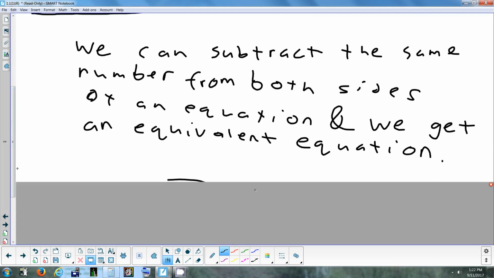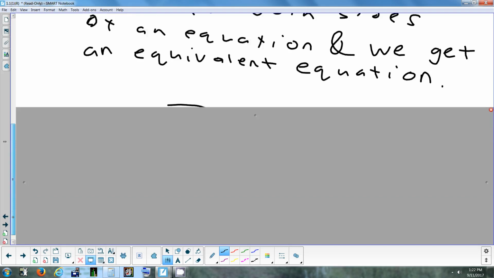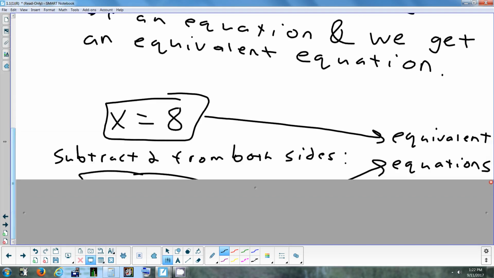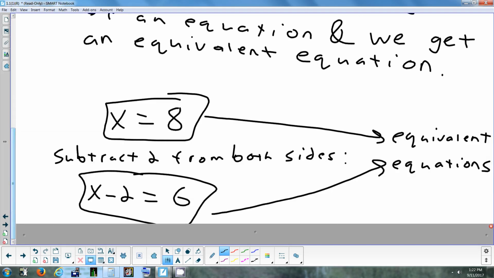So it says we can subtract the same number from both sides of an equation, and we get an equivalent equation. So we're going to have a look at this. You don't have to write this in your notes or anything. Again, we're still going to follow the same exact steps. We're just using a different